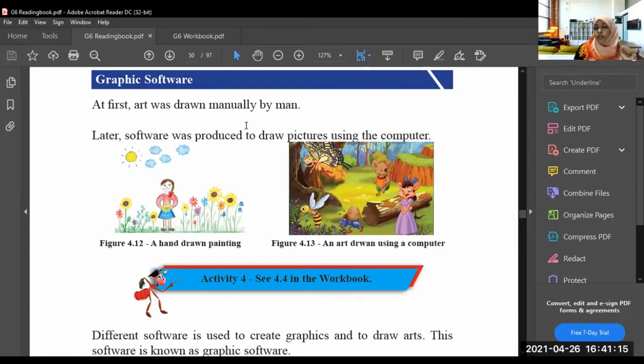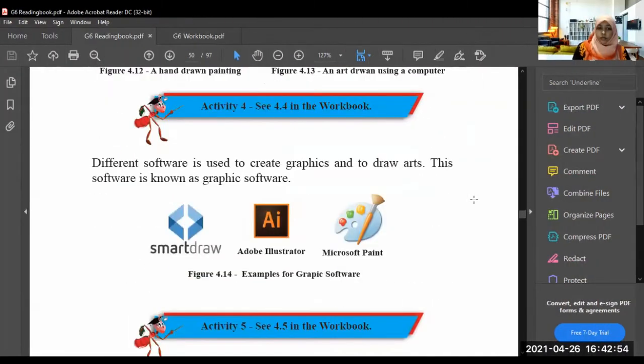Later, software was produced to draw pictures using the computer. So later, what they have done, now they are using these softwares, graphic softwares, to draw pictures. For example, this is a hand-drawn painting, this one, 4.12. The 4.13 is an art drawn using a computer, right?